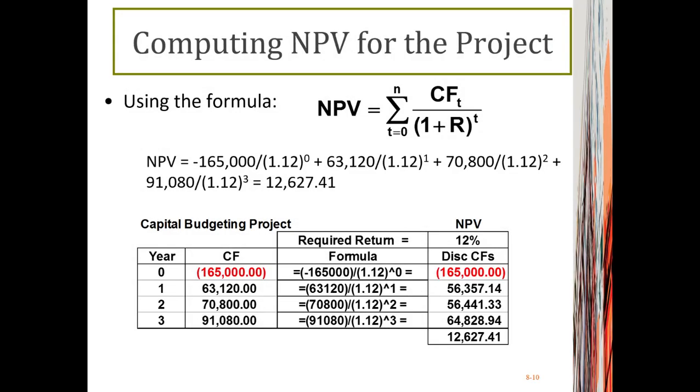Now let's take a look at how we can utilize this NPV formula. The NPV formula shows you that NPV equals the sum of all discounted cash flows, including the initial investment expenditure. In this case, the first cash flow is negative 165,000. And since it occurs at time 0, we don't need to discount it. For the cash flows that occur in the first, second, and third year, we need to discount them respectively. For the first cash flow, we discount it once by using 12% as the discount rate. For the second cash flow, 70,800, we need to discount it twice. And for the last one, we discount it 3 times. Once you discount all those cash flows, you add those present values together, and you will get net present value, which is equal to